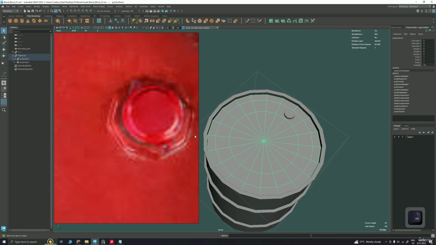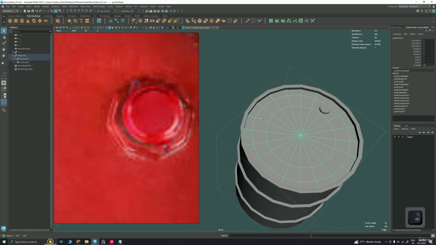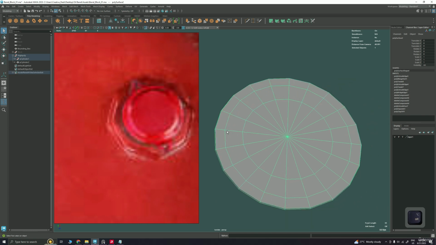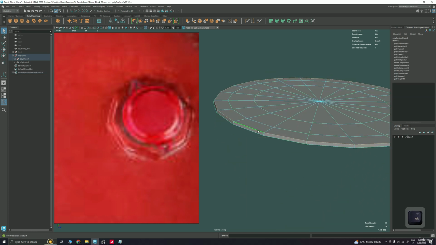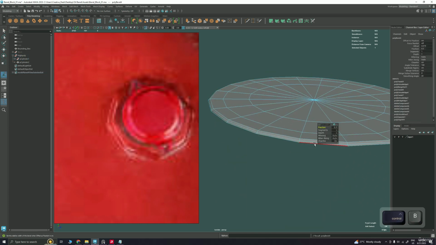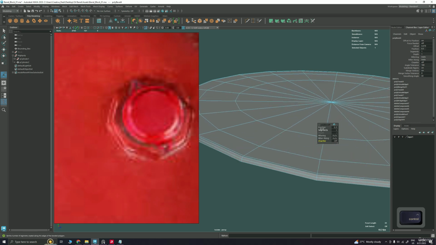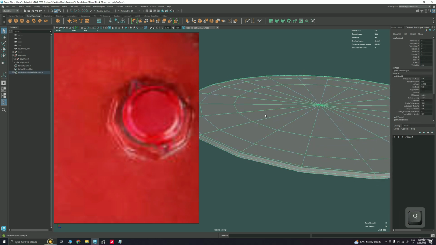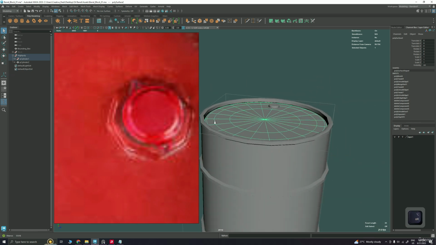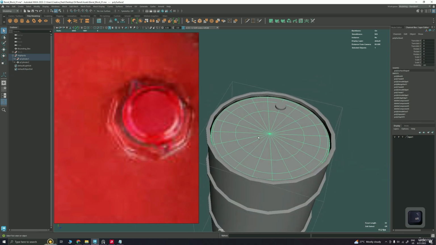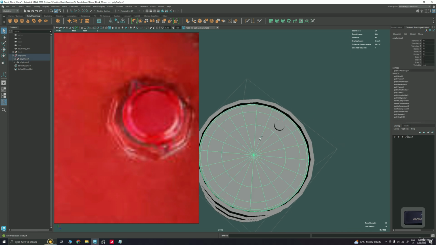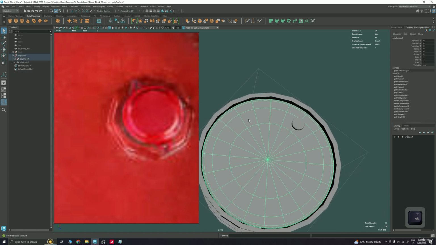Same reason, there shouldn't be any 90-degree angles. Okay, that is the only reason. And now let's bevel this edge, while chamfer being turned off and fraction being around 0.6. Let's see how. Okay, we are getting here the desired result,